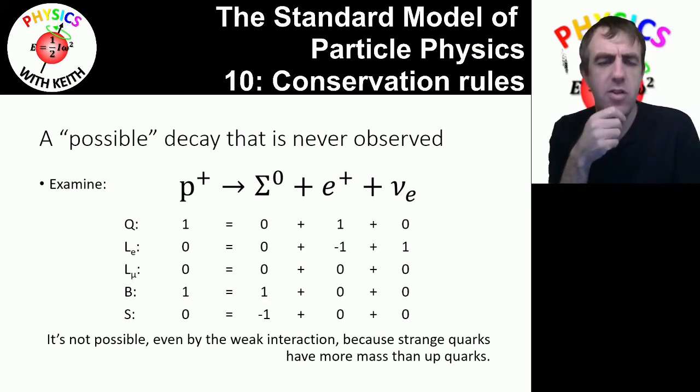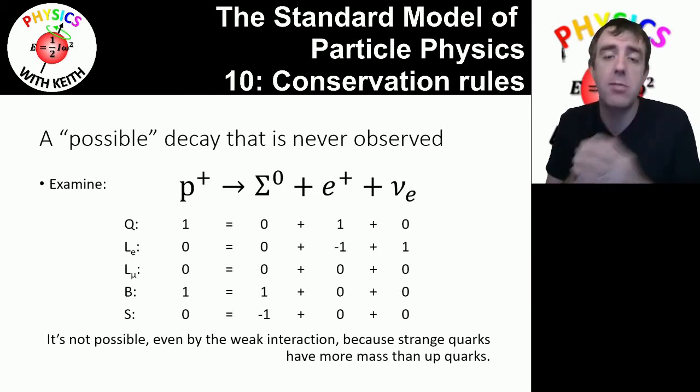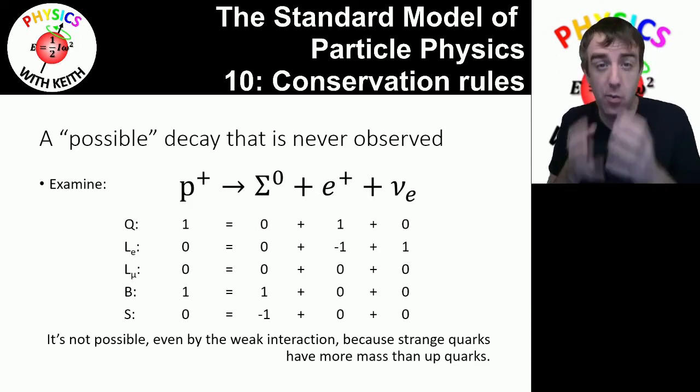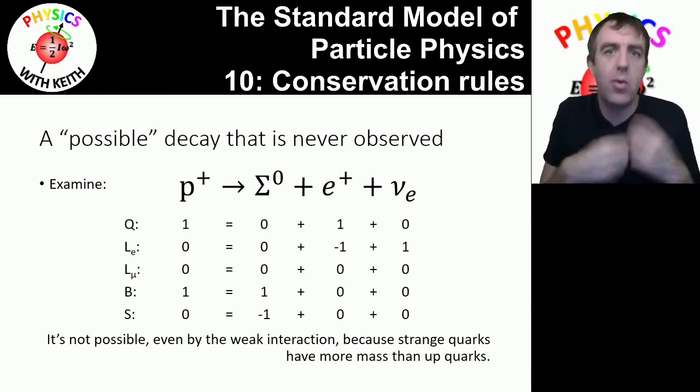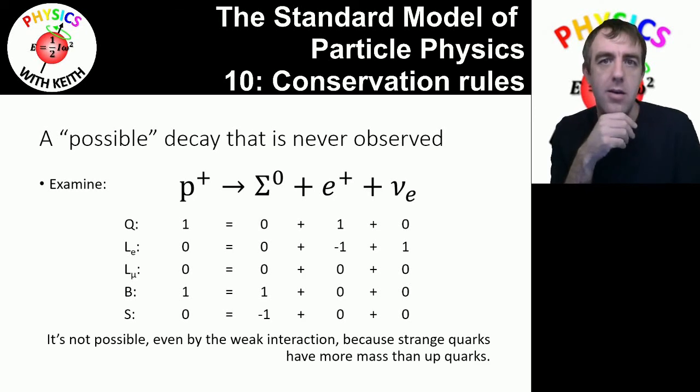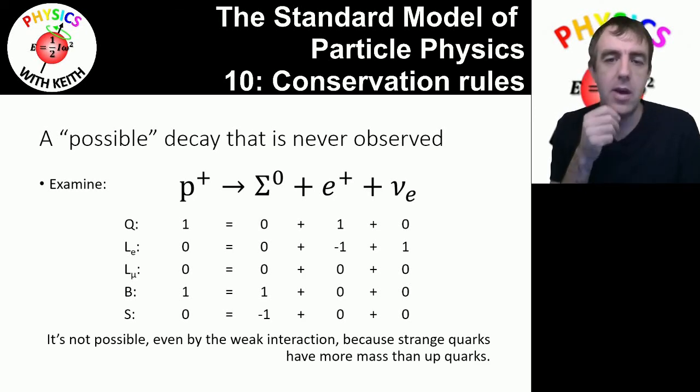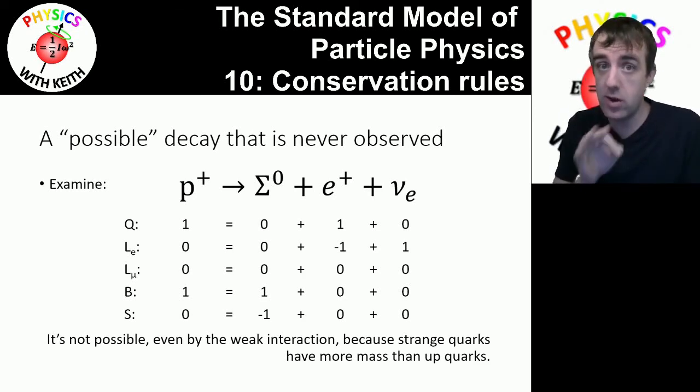So that begs the question then, where do the sigma 0 baryons come from? Where do these more energetic particles come from if you can't use the weak nuclear force to decay a quark into one of the quarks necessary to have these more exotic particles? Well, the answer to that lies in the strong nuclear force, and that's what we're going to look at in the next video.